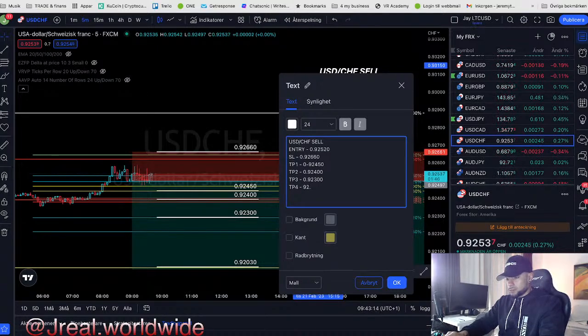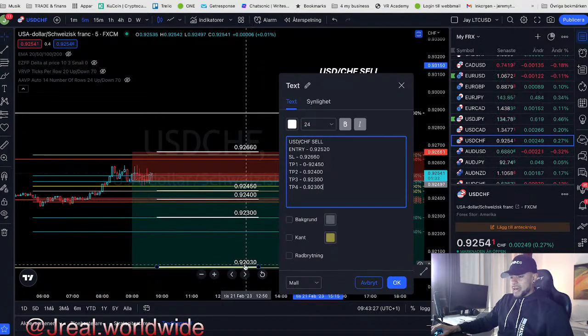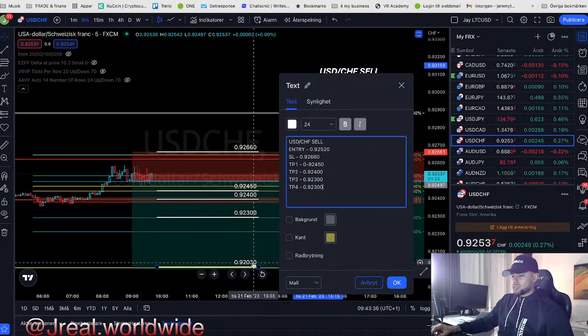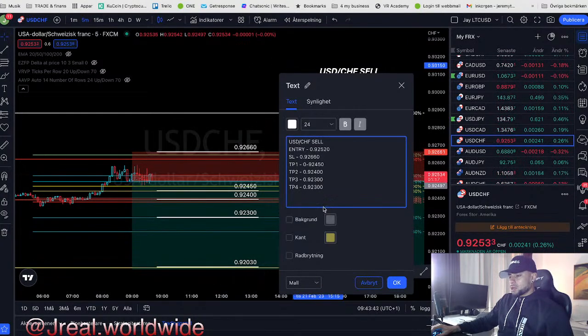0.9230. Oh, snap. Now you might wonder, why didn't I put this last take profit at 0.9200 exactly? Why did I take it up to 3 pips, to 0.92030? I did it because